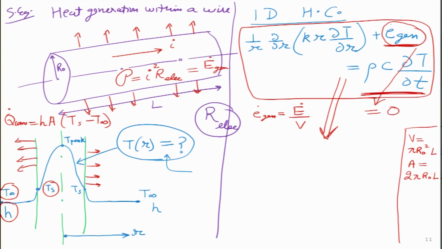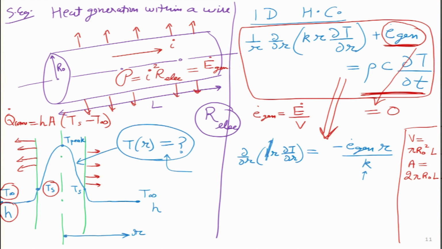So, we will have to integrate this equation twice because it is a double differential. If I integrate it one time, what do I get? I will write this equation over here. We have del by del r of K r del T by del r, and on the right hand side we have minus E dot gen into r. For simplicity, I am going to assume that this k is constant. So, I can take this k out and put it over here. I hope this part is clear to everyone.